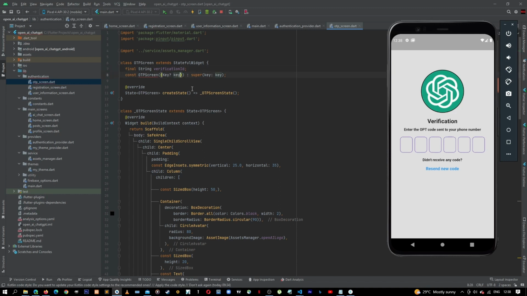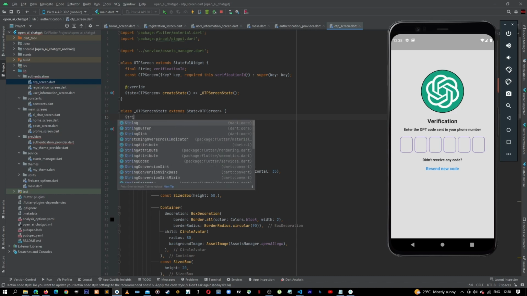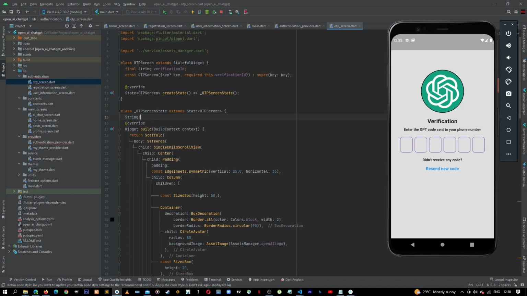Here it needs to be required verification ID, and then down here let's also initialize a nullable string which will be our OTP code. Let's call it SMS code,